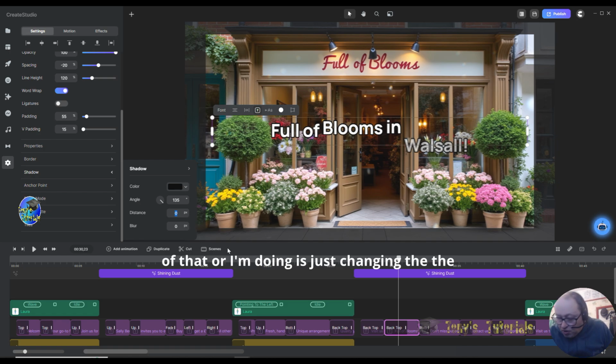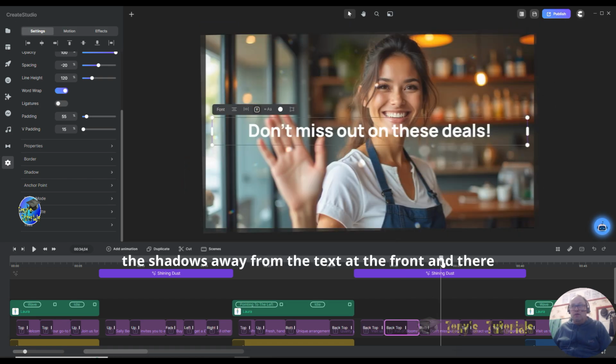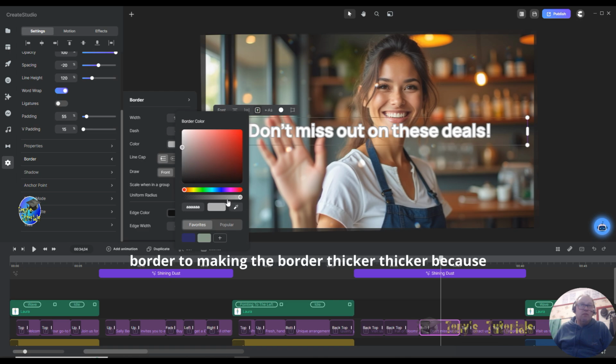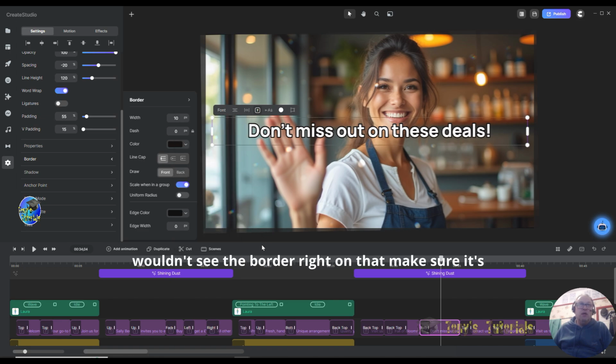What I'm doing is just changing the distance for the shadow. It gives you the distance the shadow is away from the text at the front, and then the width of the border, to make the border thicker, because the amount the border's on is 0, so you wouldn't see the border. Right, click on that, make sure it's on there. Shadow,